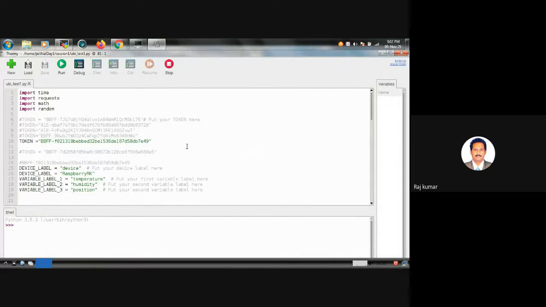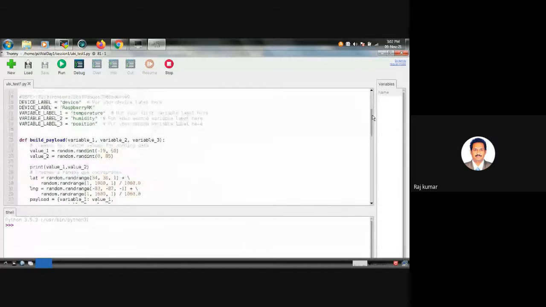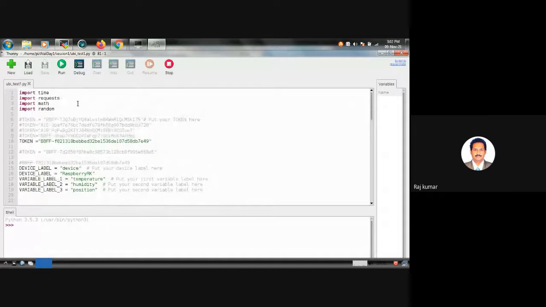Here you can see the program ubi_test1.py. I opened this in an IDE tool called Thonny Python, and you can see some code here. I will explain it line by line. You need to import all the required packages like time, requests, math, random.